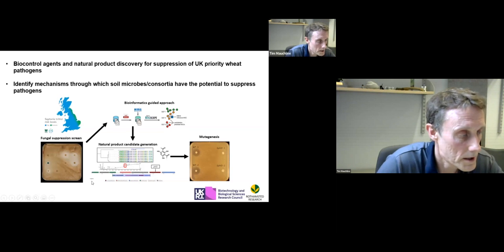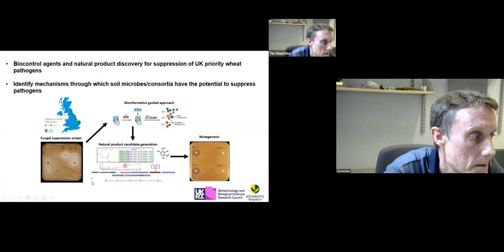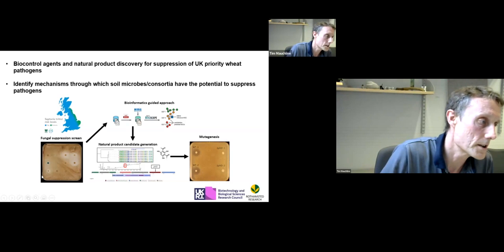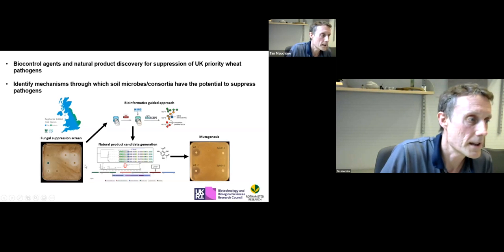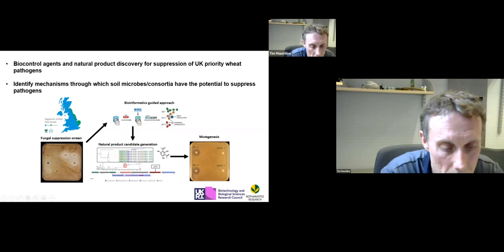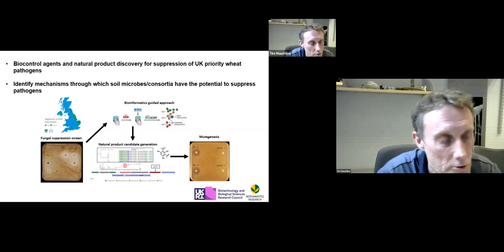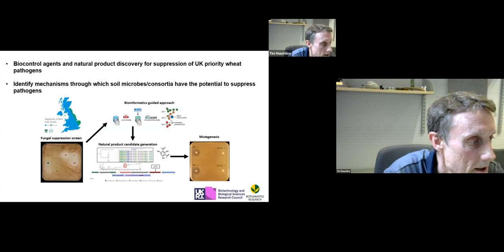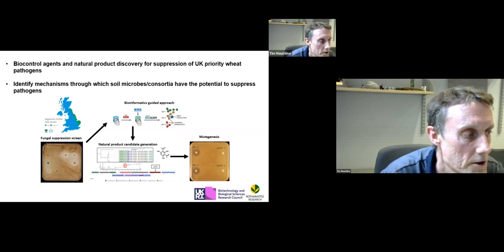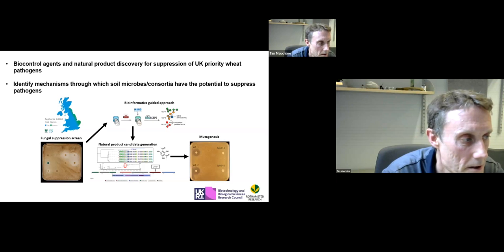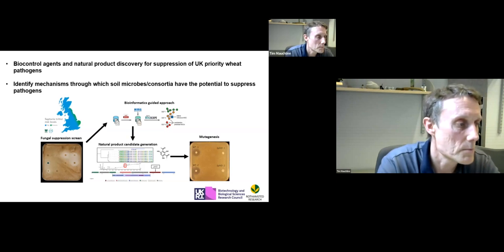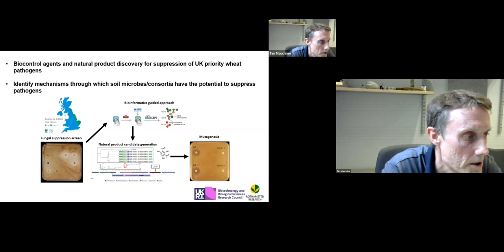But the key thing here is we're able to then link together the phenotype platform with a bioinformatics guided approach. And so we can then sequence the genomes of these bacteria. And with this approach, we can come up with candidate natural product genes, and then try and prove the function of these. An example we have here is the mutagenesis of the phlD gene, which is partly responsible for the production of DAPG, which is a well-known